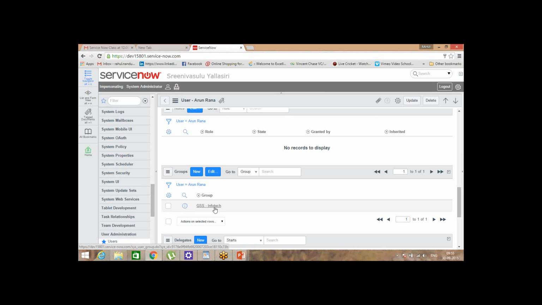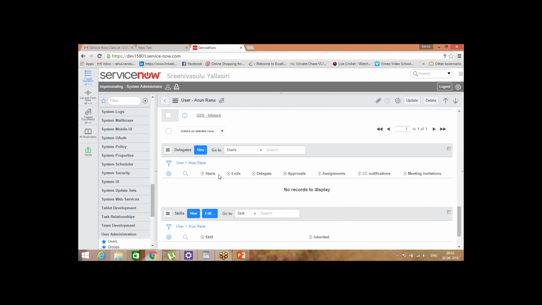So this is how you can add n number of people into the group, and I'll create a group delegate here. So if, for example, Arun Rana is going on vacation next week, you want to assign all his approvals, assignments, CC notifications and meeting invites. So you click on new.